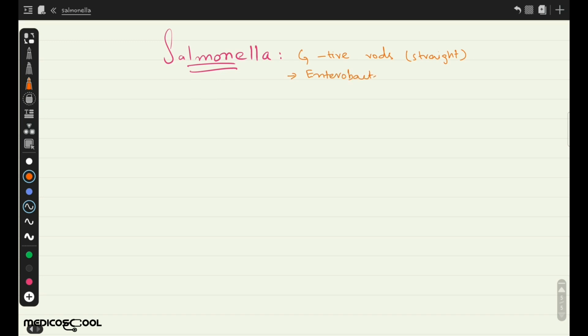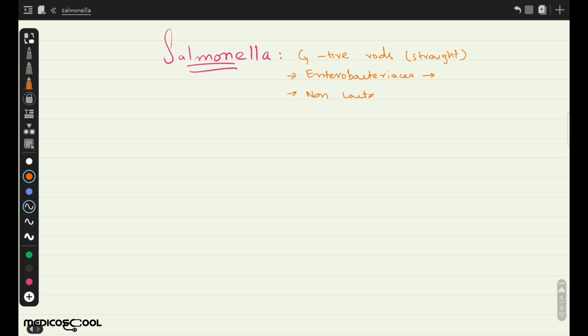Enterobacteriaceae. Thus it contains all the characteristics of Enterobacteriaceae, like being a facultative anaerobe, which we have already discussed in Escherichia coli. It converts nitrates to nitrites for the purpose of energy. It also ferments glucose and it is oxidase negative. Although it ferments glucose, but it is a